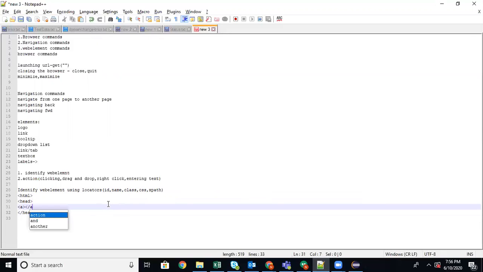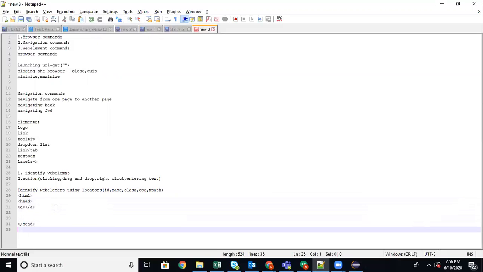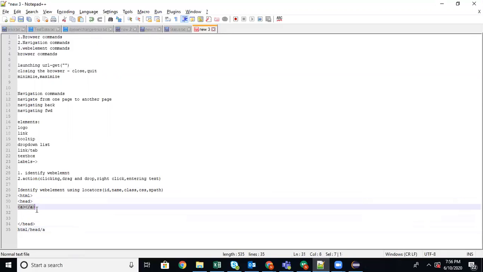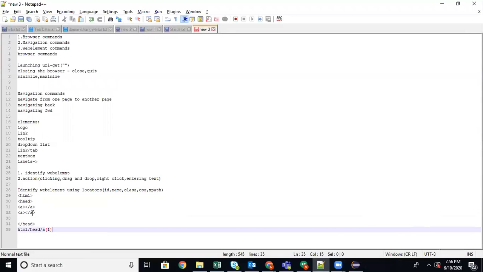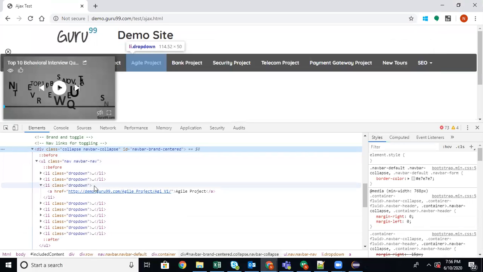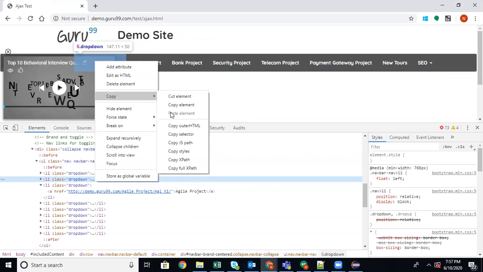Now if I want to identify the element inside this tag, then the XPath will be like this: HTML slash head slash A. If there are two A tags like this, then A of 1. So this is called an XPath. Yes, XPath will be unique. So you can copy the XPath of that particular element by right clicking on the element, copy XPath. Like that you can find it.